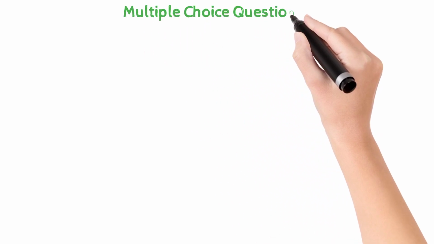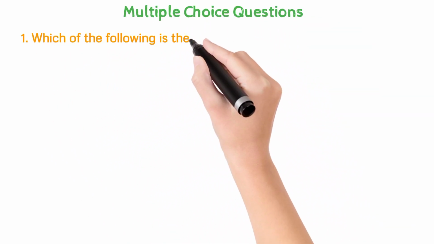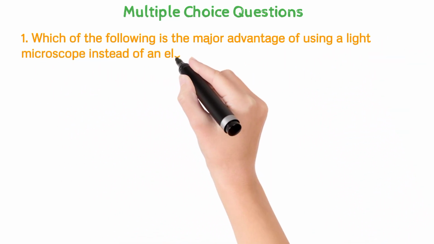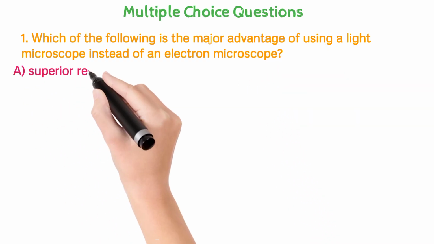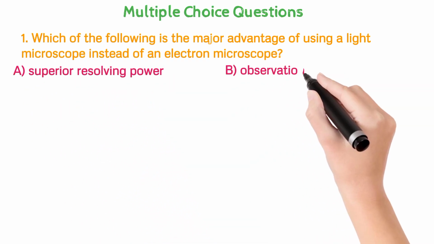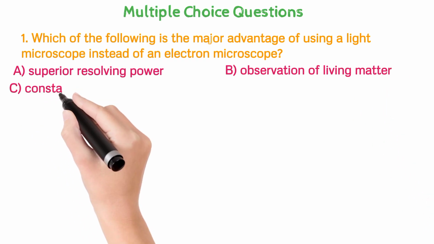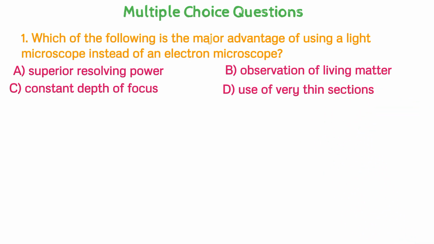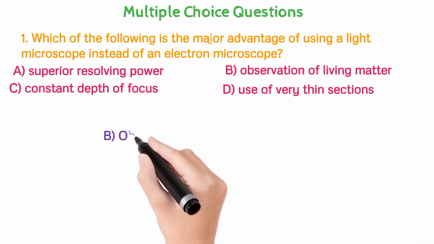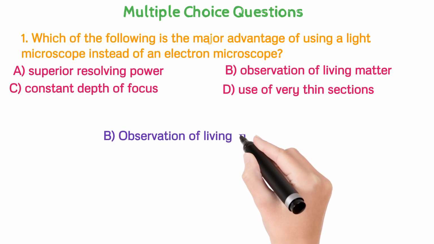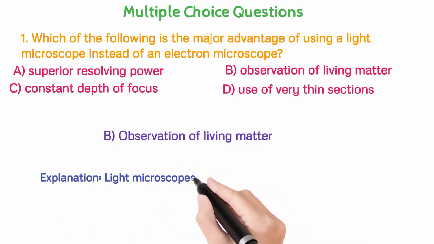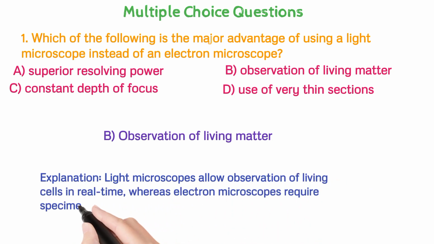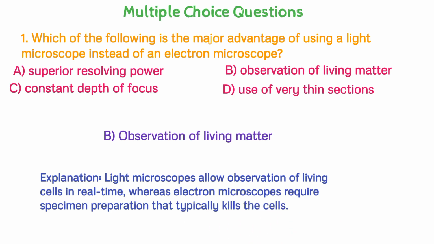Multiple choice questions. 1. Which of the following is the major advantage of using a light microscope instead of an electron microscope? A. Superior resolving power. B. Observation of living matter. C. Constant depth of focus. D. Use of very thin sections. And the correct answer is B. Observation of living matter. Explanation. Light microscopes allow observation of living cells in real time, whereas electron microscopes require specimen preparation that typically kills the